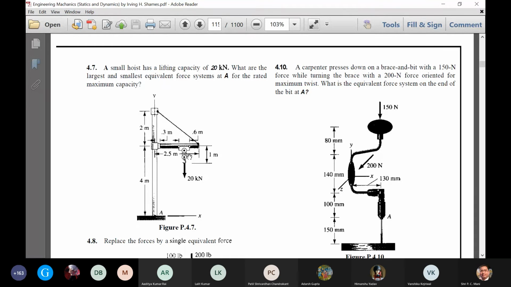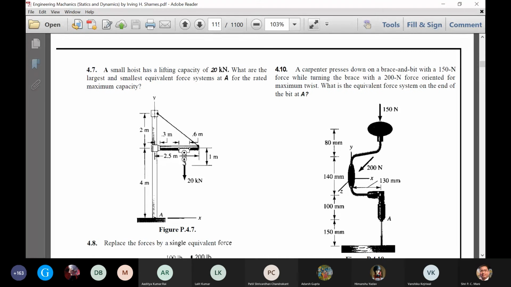taking 20 kilonewton, you have to check the minimum, that is, when it moves. This is a slider actually. This is the guide path. Just like you have seen in any factory, there is a guideway on which this hook, this crane, is moving. Basically, this is a crane where this hook is placed. These small circles, this one and this one, are the rollers on which it is moving. The pen will not work here. So this one is moving. So it is like this.